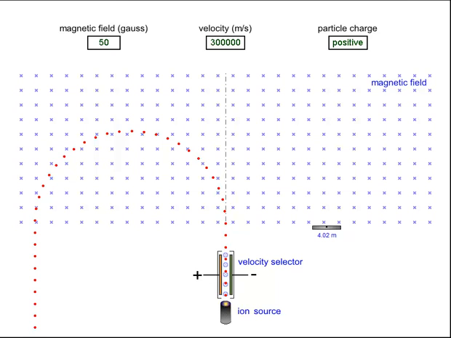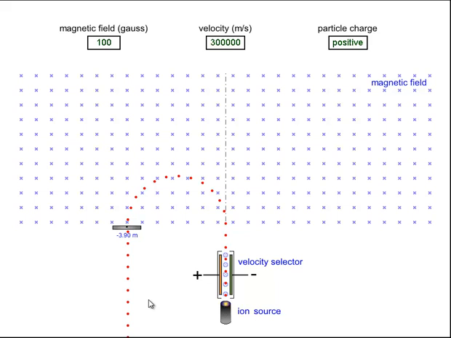Let's examine the effects of increasing the external magnetic field to a value that's double. If we start at 50 and we double it to 100, we should get a stronger interaction. Let's see what happens. You see that it bends the charge more vigorously and the circle is actually smaller. The diameter of that circle is about